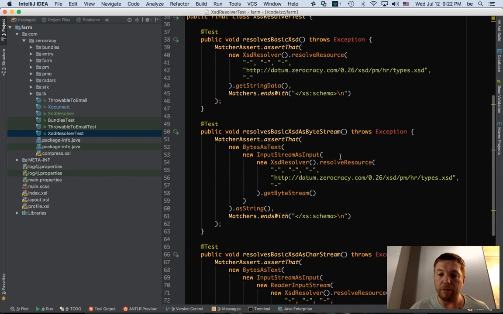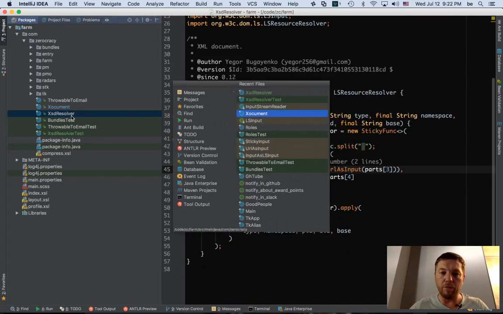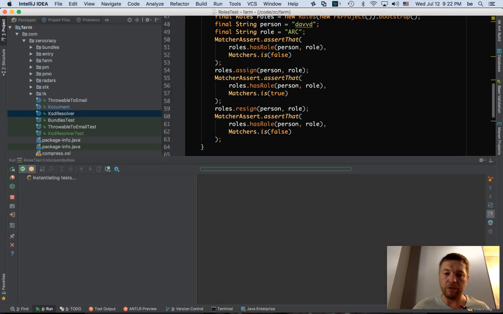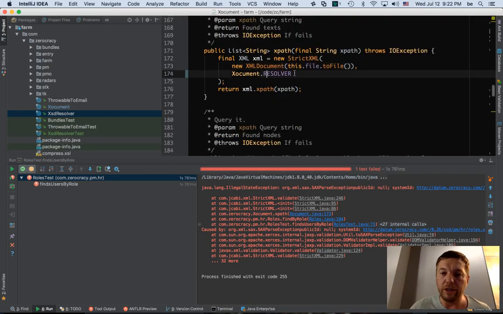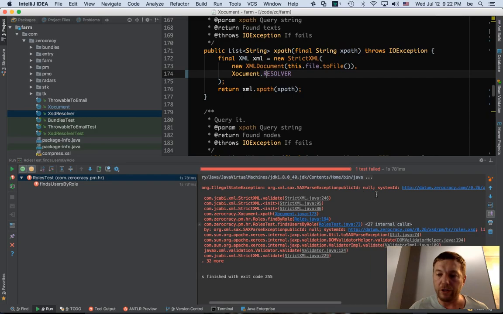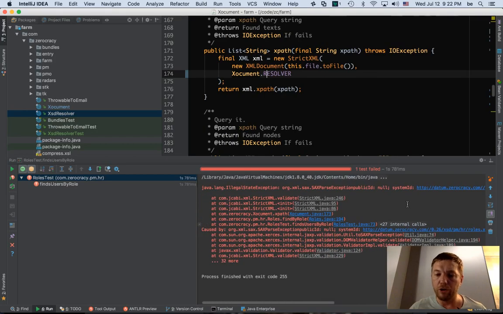It doesn't help us at all to move forward. Well, it helped us a little bit. We already did a refactoring, but we still don't know why this one fails. So let's get back and let's run this one. This one definitely fails. So, funny. What happens here in this code is we used exactly the same resolver. And that resolver, for some reason, returns for this URL something which is not good for the XML validation. This validate method is comparing the XML with the XSD.